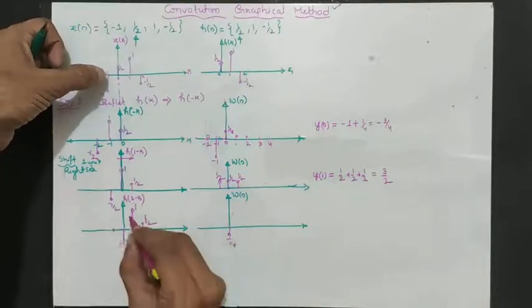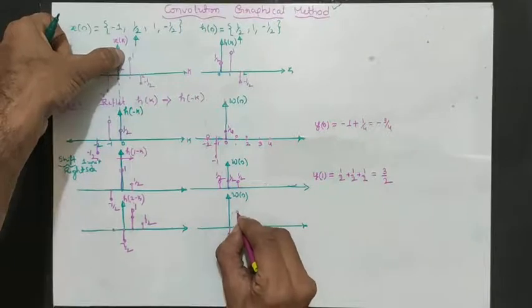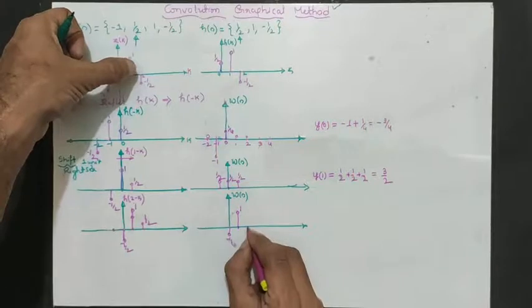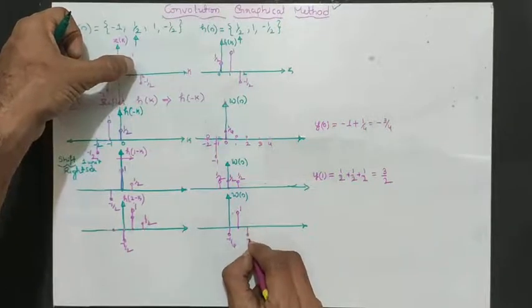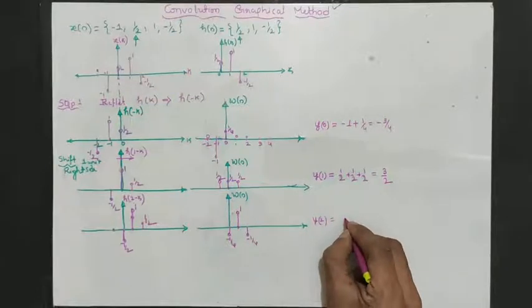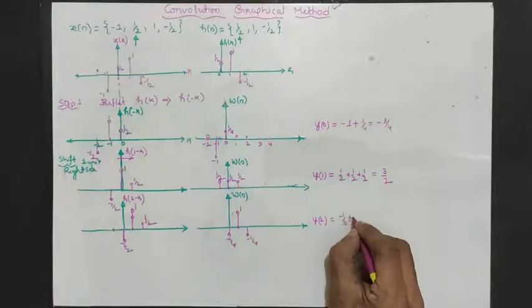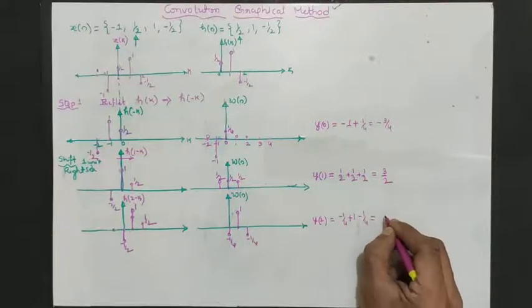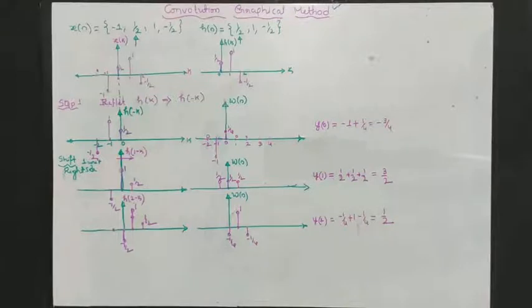Next, 1 into 1, answer is 1. Next, minus 1 by 2 into 1 by 2, minus 1 by 4. Hence y of 2 will be minus 1 by 4 plus 1 minus 1 by 4 becomes half. Half. Again, like this you can shift each step so that you get y of 3,